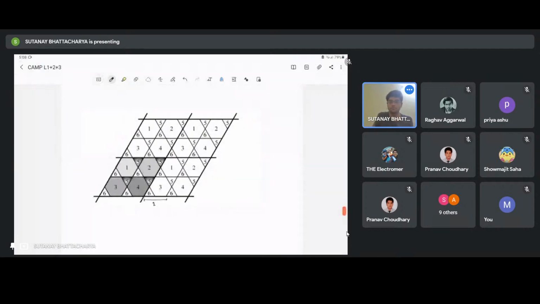Effectively, we split the plane into these parallelograms, and inside each parallelogram there are 4 hexagons and 8 equilateral triangles, and they're colored according to the numbers shown. The side length is 1. Of course, we need to verify that this actually works, and we also need to specify what happens at the boundaries. So let's say for every hexagon,